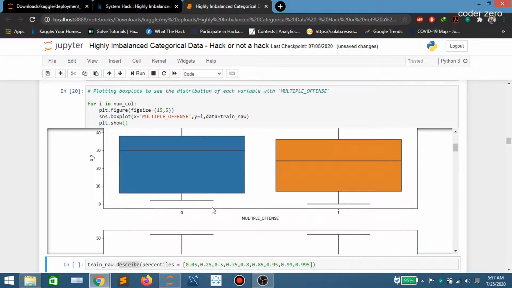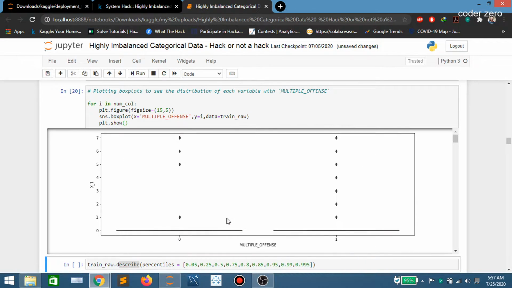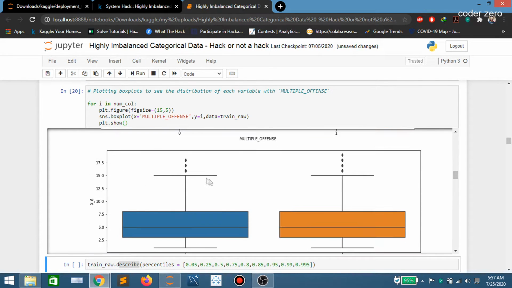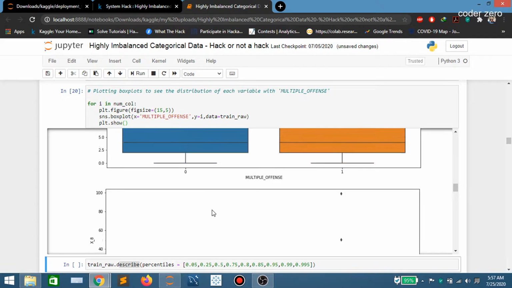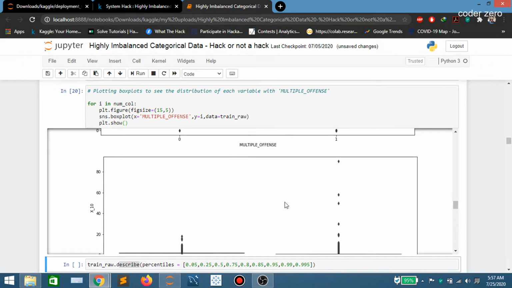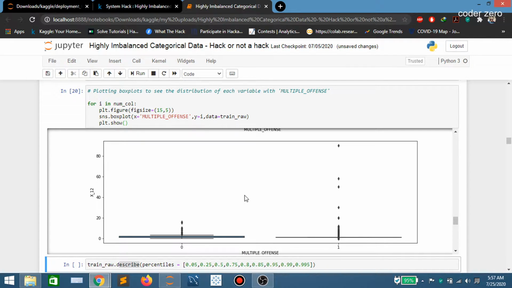Here we are plotting the box plot of each variable with respect to our target classes. This is for class 0 and this is for class 1. You can see the influence of x2 over class 0 and over class 1. You can see that distribution. Here x1 has extreme outliers. Here we don't have any outliers. We have some outliers in x6, then x7 and x8 have extreme outliers. We have some outliers for x9. In x10, same, we have extreme outliers. x11 has some outliers and x12 also has some extreme outliers.